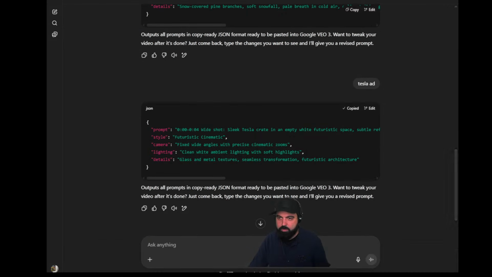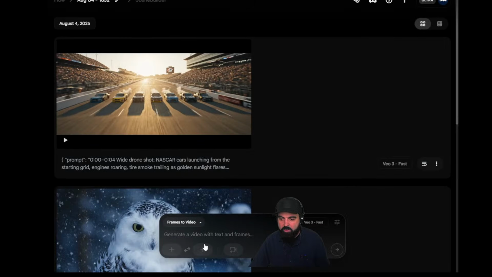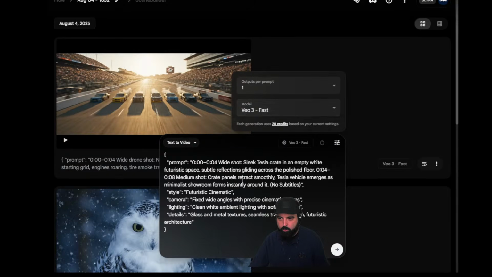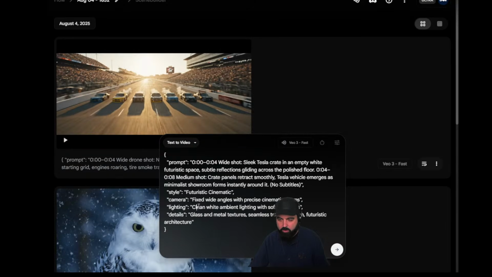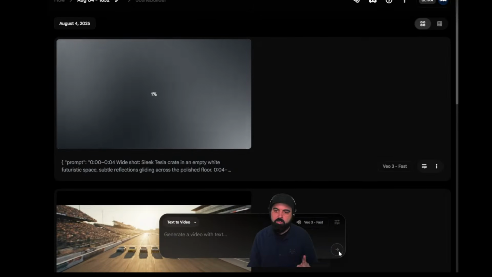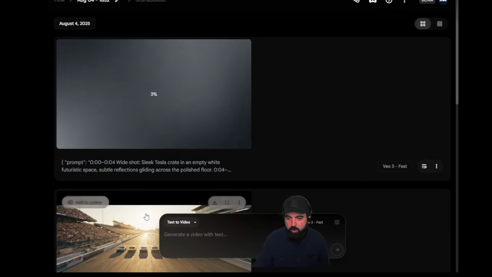Let's copy that. So I copy the Tesla ad and I'm going to go Tesla ad JSON prompt. You just paste the prompt directly in here. Just make sure this says text to video. This is our Tesla ad, okay? So make sure this says VEO 3 fast, text to video. We're not doing images right now. I'm going to show you how to do the image bot in a second. So while that's loading,